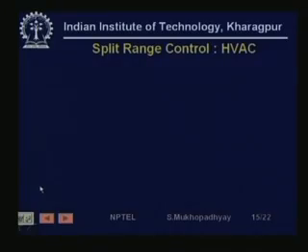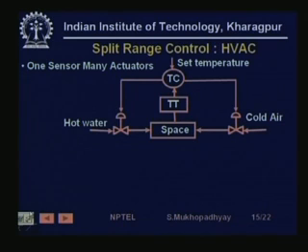Coming back to the last one, that is split range control. The first example is of heating, ventilation, air conditioning. So we have the space that we want to control, there is a temperature transmitter and a temperature controller, and we also have a set temperature which we generally set using a dial or sometimes using remotes nowadays. And the temperature is affected either by hot water, if you are in countries abroad for heating, they have heat exchangers installed in various corners of the room, through which they send hot water,